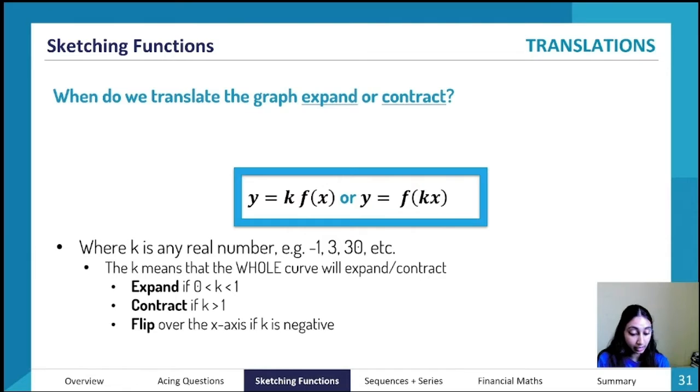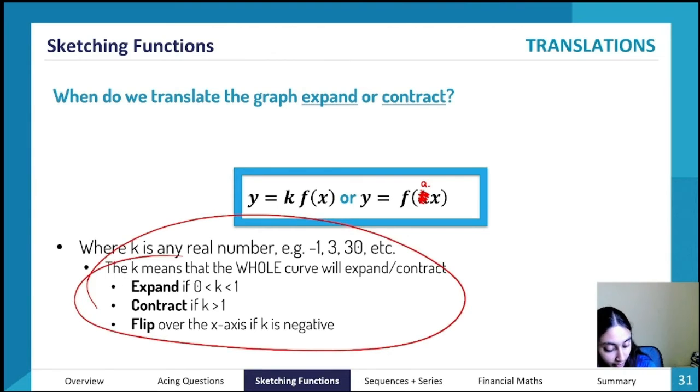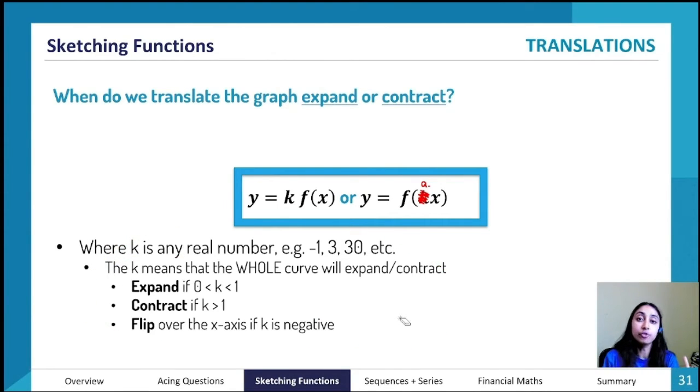Now this is a little bit different to your normal examples. The example given won't really go into this too much, but we will go through proper examples later on. I'm actually going to change the value of k over here to a, just to make your lives a little bit easier. So let me go through k first because k is correct over here. So k is a vertical dilation. So the curve, whatever it may be, is being stretched by a scale factor of k.